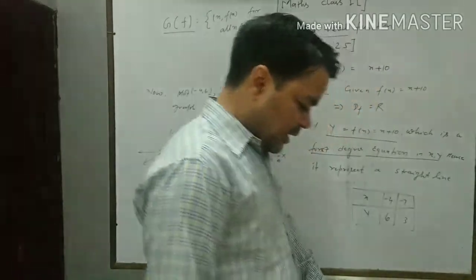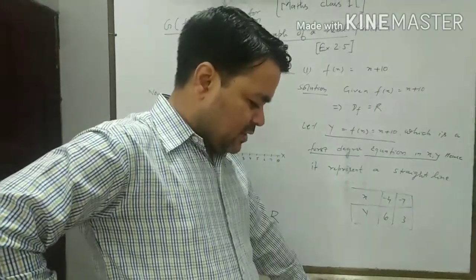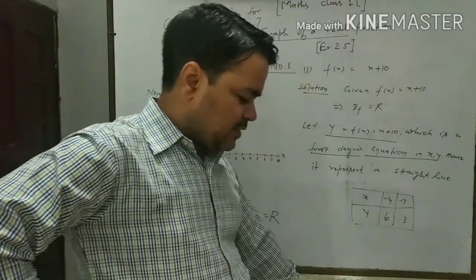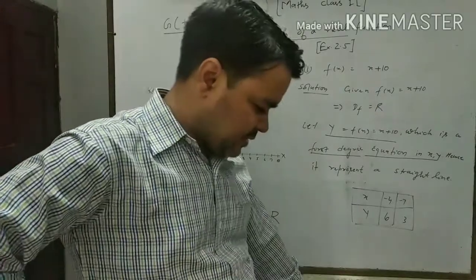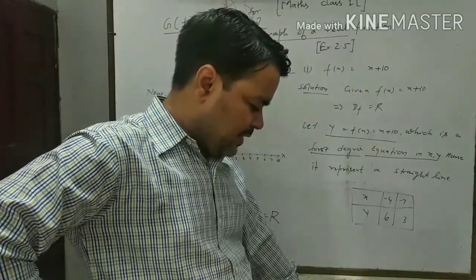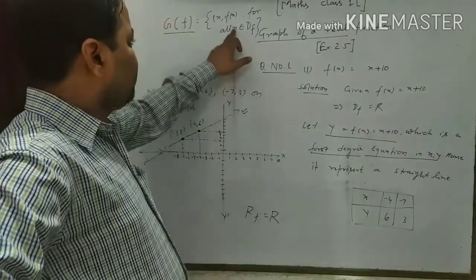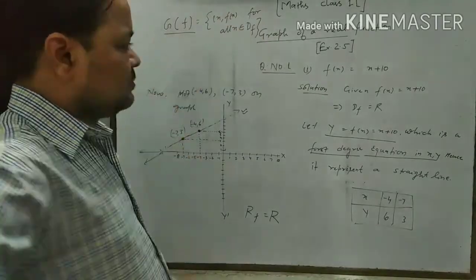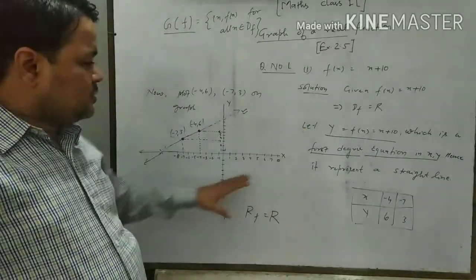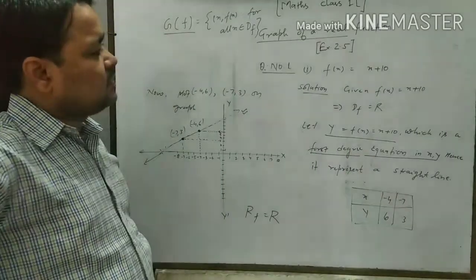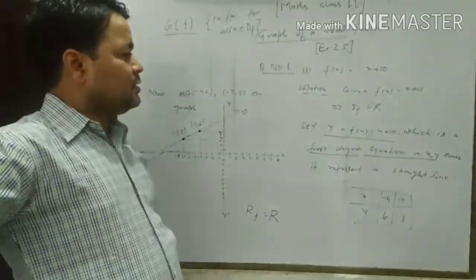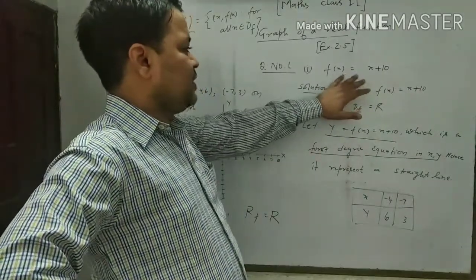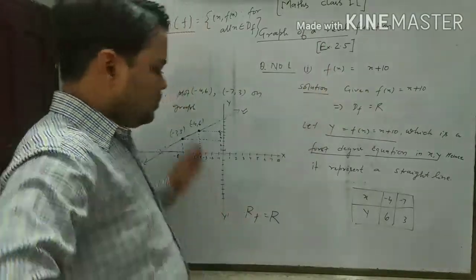Okay, it means the graph of a real function, denoted by G of f, is the set of all points (x, f(x)) of the plane where x belongs to the domain of the function, and symbolically we write like this. In this way we can solve this type of question when the question asks to represent the function graphically. Represent the function graphically, then we do like this.